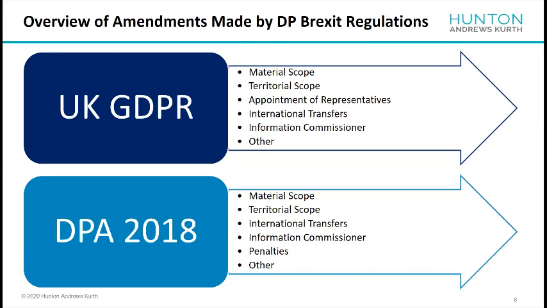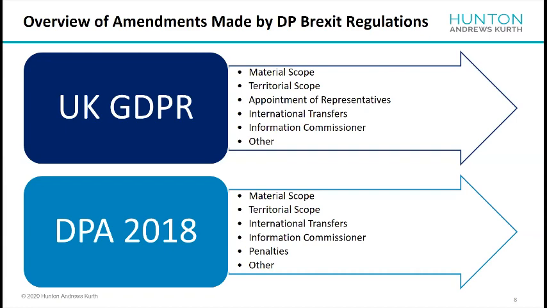So I'm not going to make any comments in relation to material scope or territorial scope, but on international transfers, I just wanted to mention here that this is where there's a clear example of the need to read the DPA alongside the UK GDPR because the provisions on international transfers actually are contained in both pieces of legislation. So in the DPA, there is a new section